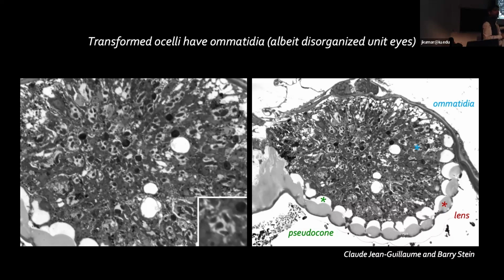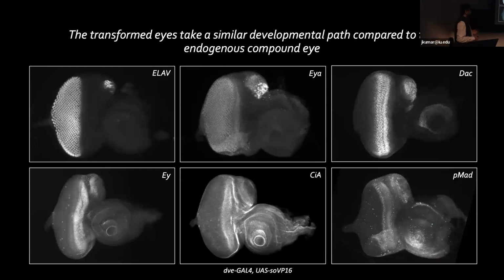So how do these four-eyed flies actually compare to flies that normally have two compound eyes and ocelli? I wanted to quickly show you that the development of these, at least in the larval disc, approximates what happens in wild type. We've stained them with a number of different markers. You can see here that you have Eyeless turning on in this band. So here's the normal expression of Eyeless ahead of the morphogenetic furrow. Here you have a second band of Eyeless. You have Dachshund coming on, and Elav in all the different photoreceptors. Here's Eyes Absent, which we had forcibly expressed.